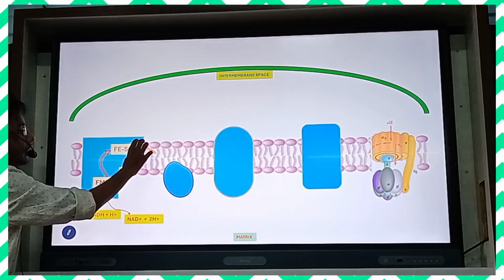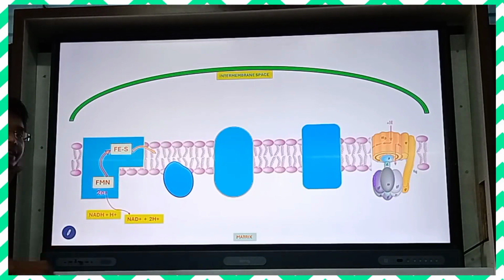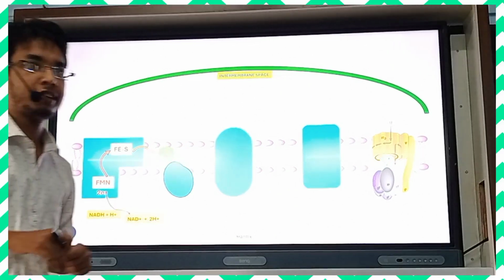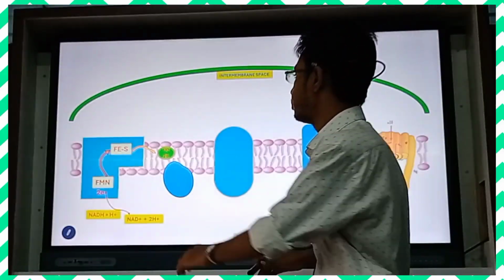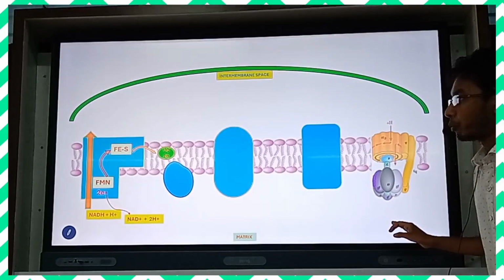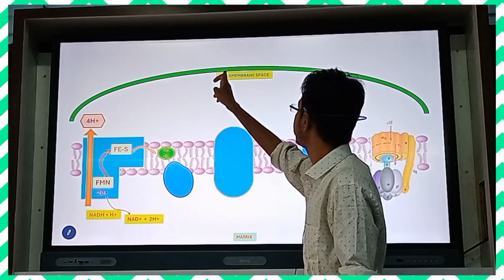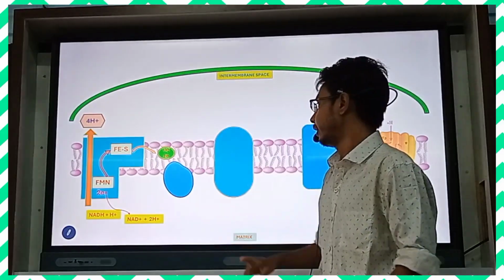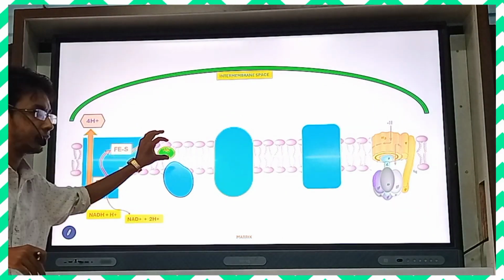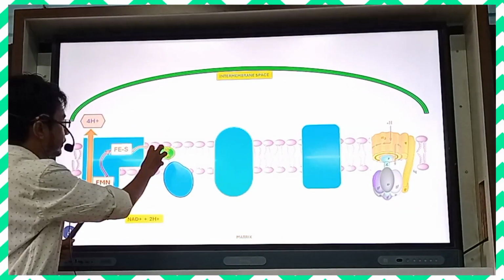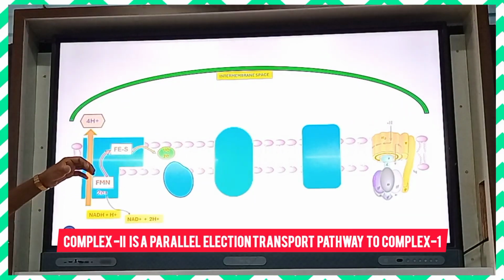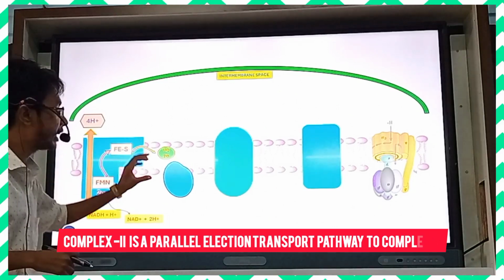Electrons released from complex 1 are accepted by a lipid soluble ubiquinone. At this time, complex 1 pumps 4 protons from the matrix to the intermembrane space. Now this is ubiquinone. Ubiquinone is a mobile electron carrier. It accepts the electrons from complex 1 and becomes the fully reduced form,